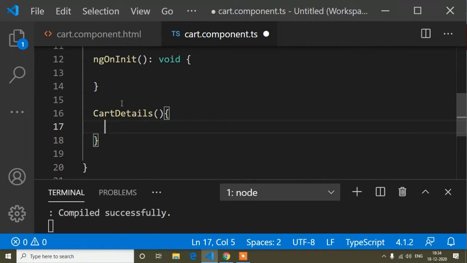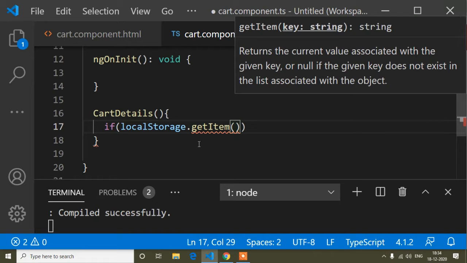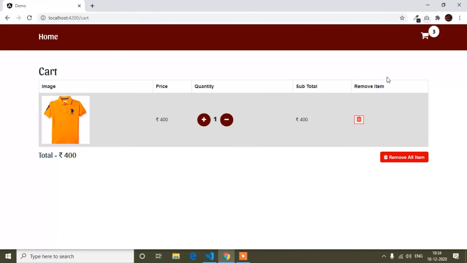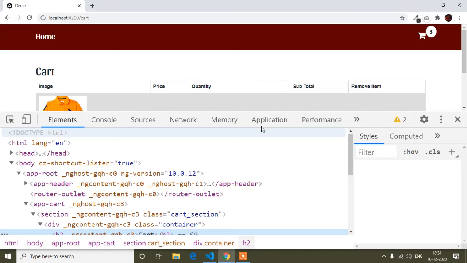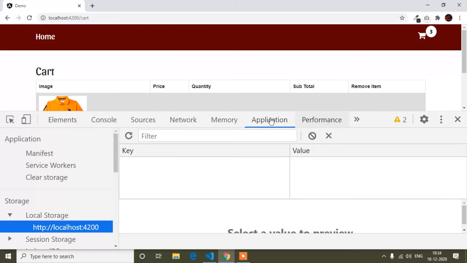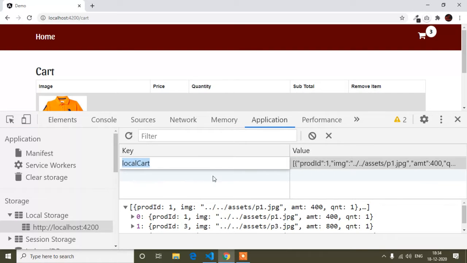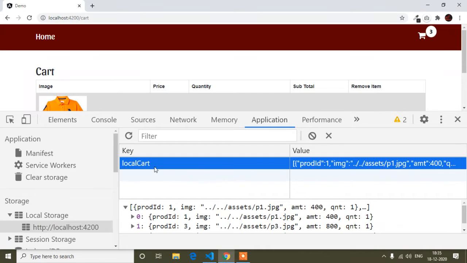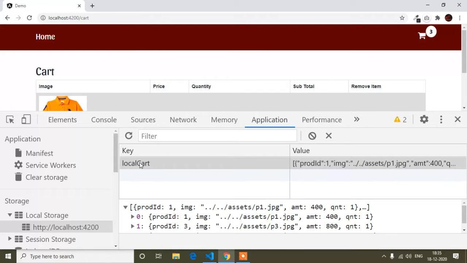So now you can write it this way: if localStorage.getItem. First of all I will check whether in the local storage I have added any product or not. I'm adding the product under the local cart key, because you can see the key is local cart, and inside this key I am storing all the values.